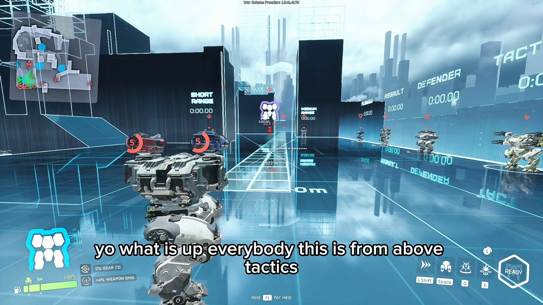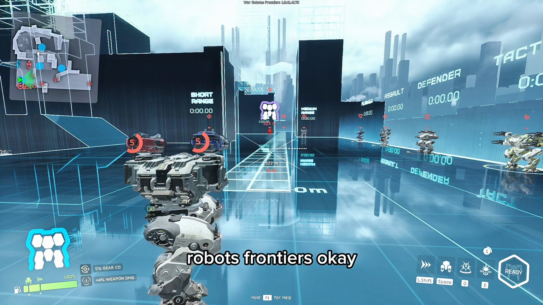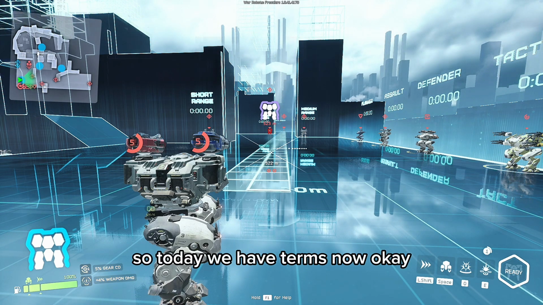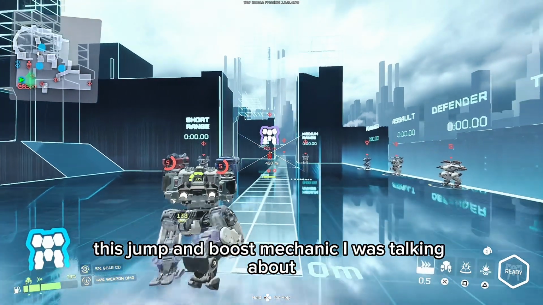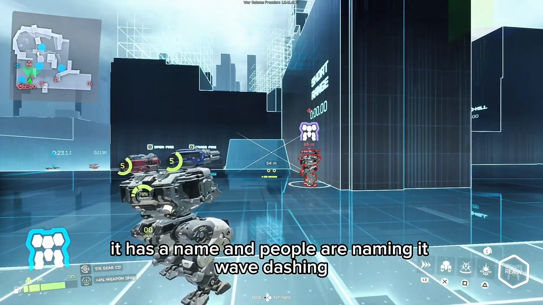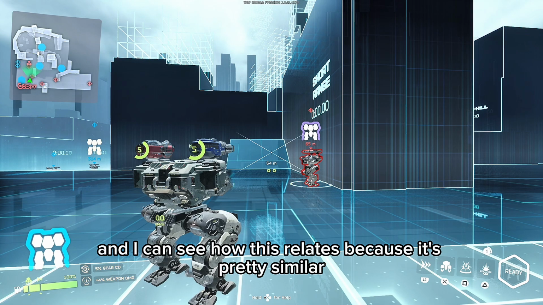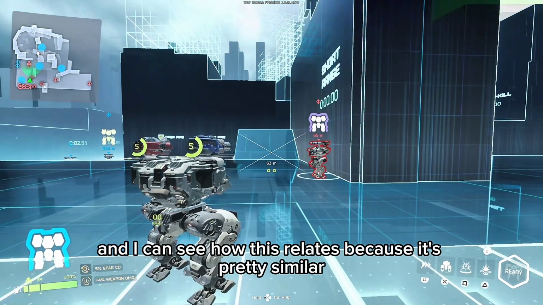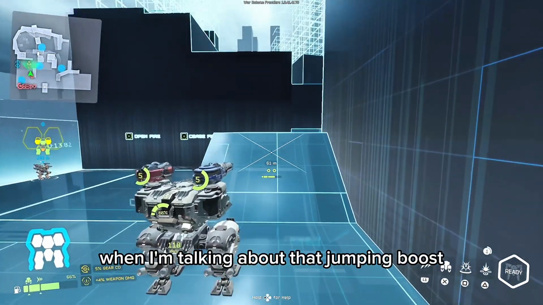This is From Above Tactics, and today we are continuing from our last video about movement in War Robots Frontiers. Okay, so today we have terms now. This jump and boost mechanic I was talking about has a name, and people are naming it wave dashing. Wave dashing is a term I've learned from competitive Smash Bros, and I can see how this relates because it's pretty similar. So from now on, when I'm talking about that jump and boost, we're talking about